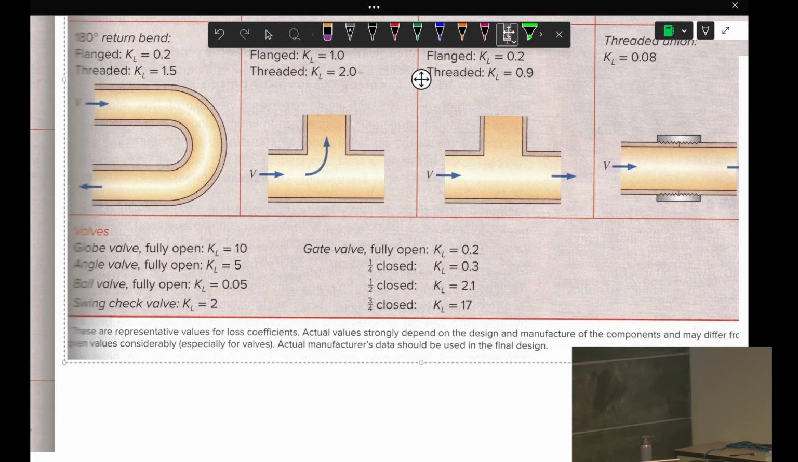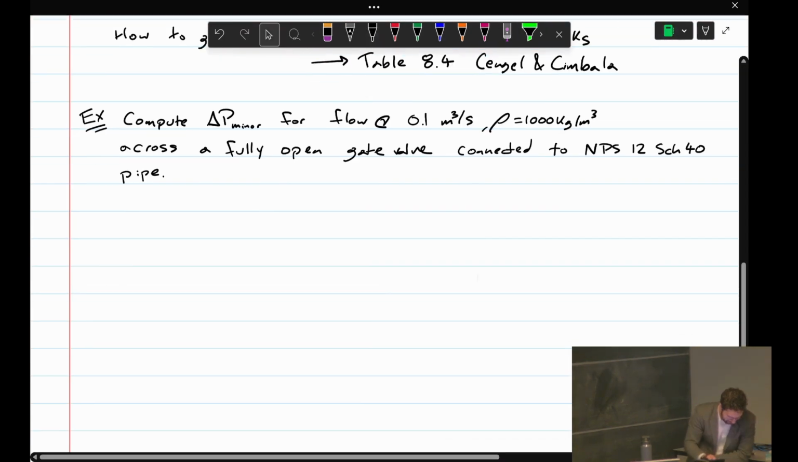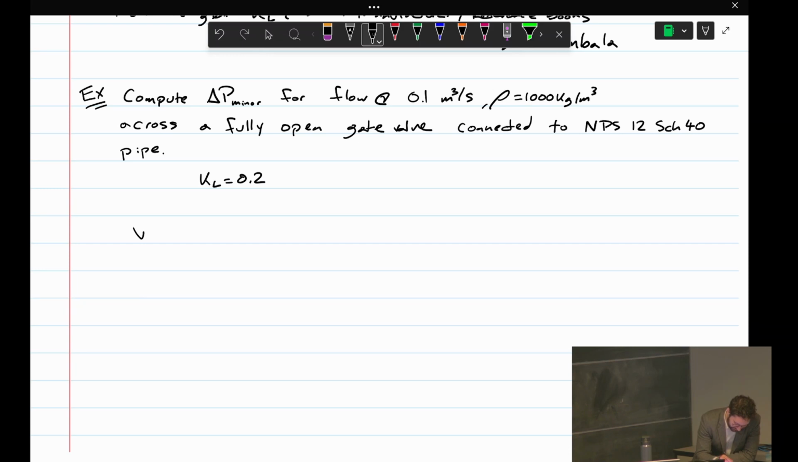The minor losses are a much more convenient way to control the flow through our system, right? If we were trying to use major losses to control the flow, every time we needed to control the flow, we'd have to add or remove pipe. But once we put that valve there, we can just adjust its coefficient to control the flow. Anyways, long story, KL is 0.2 based on this table. So we need to get the average velocity. In order to do that, we're going to do V dot over A, 0.1 over pi over 4,